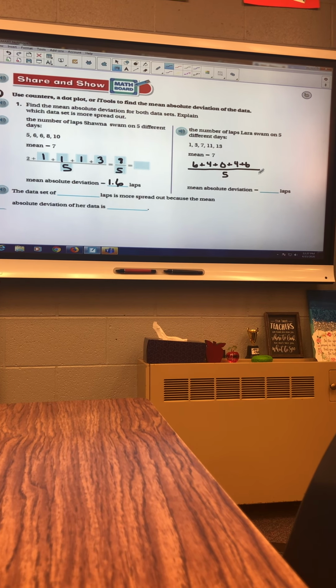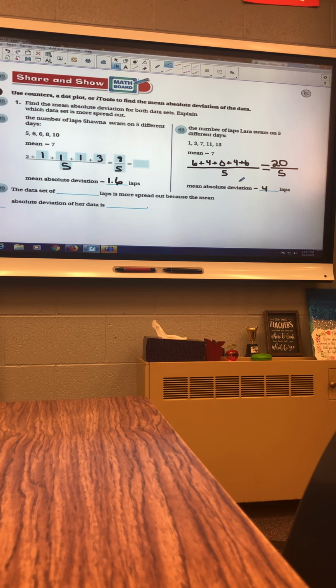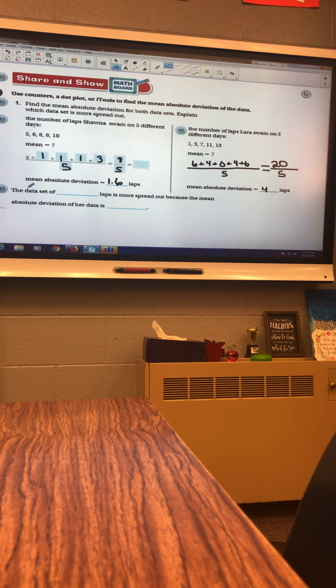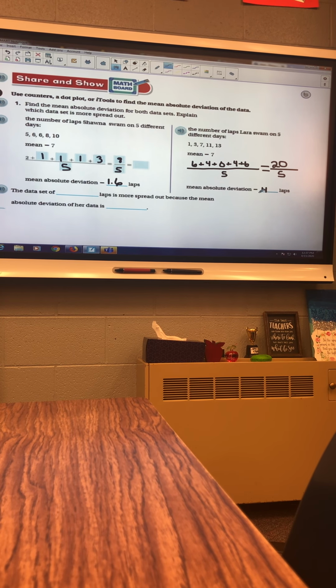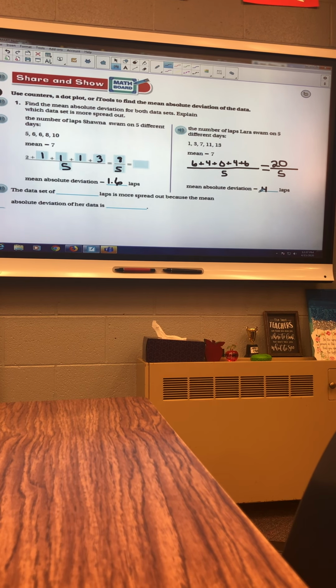So the mean absolute deviation for this set of data is 4. Which one is spread out, is it saying? So the data set of Lara is more spread out because the mean absolute deviation is